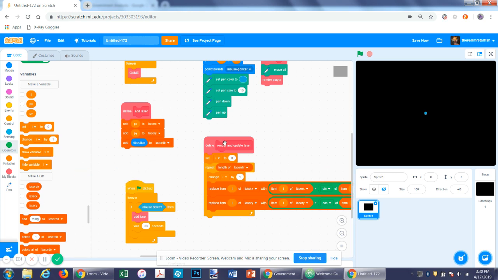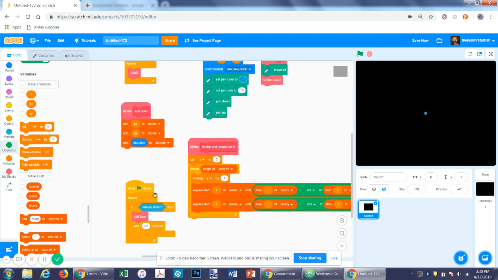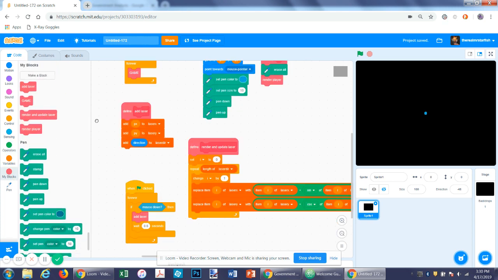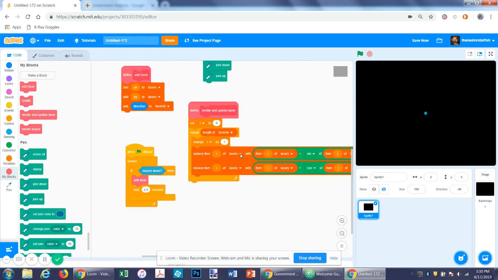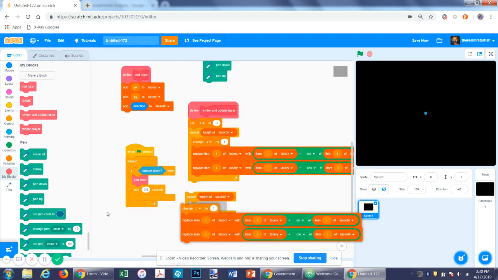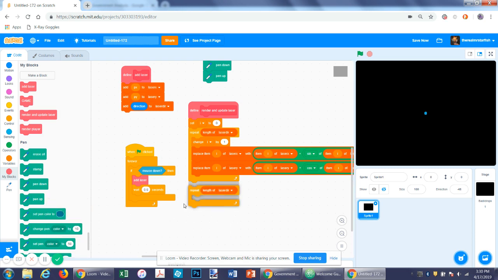And then, before we do this, let's put render and update laser in front of render player so that the player shows up in front of the laser. Now repeat the length of laser direction and put it down here, and then in here say